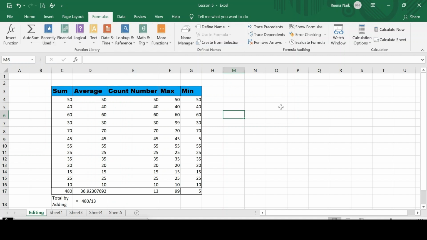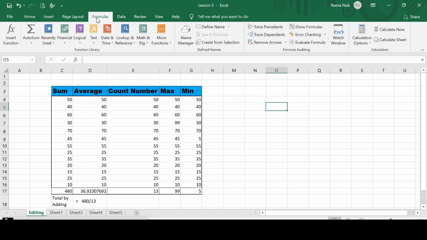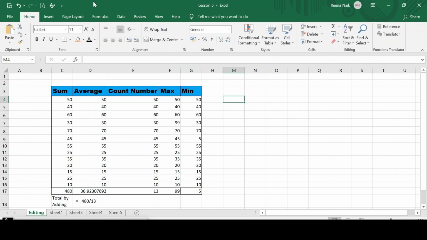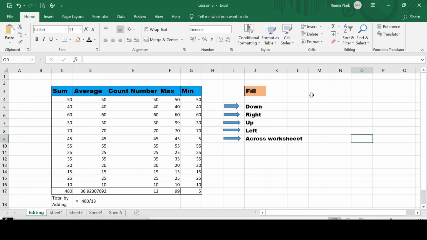Therefore I am not covering these more functions here, because we will see them under formula one by one, and in detail. So next, from here we'll go to the field. Next is the field.